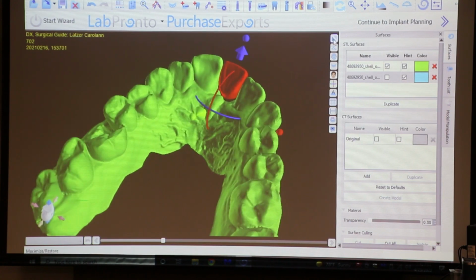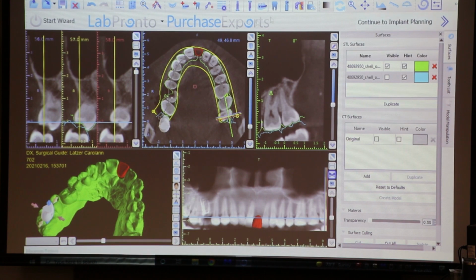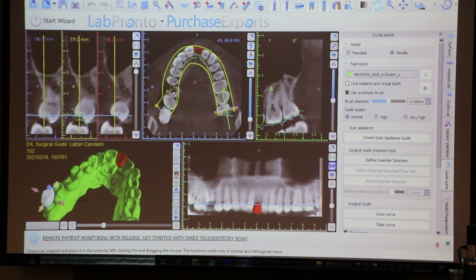Now we're going to go put an implant in. Now remember, our implant's not here up at the top. It's disappeared because we're in the model editing module. So to get that implant back, we got to go back into our advanced module, and now the implant reappears. So if I click it,